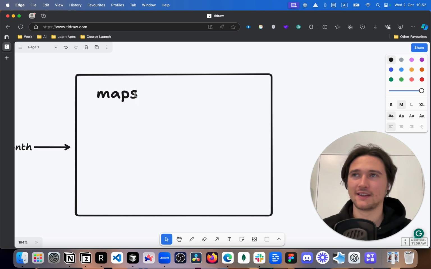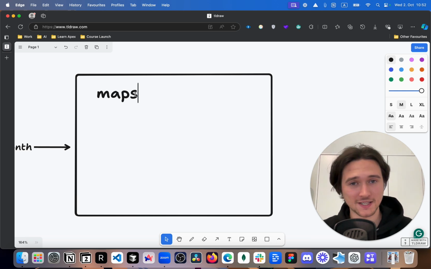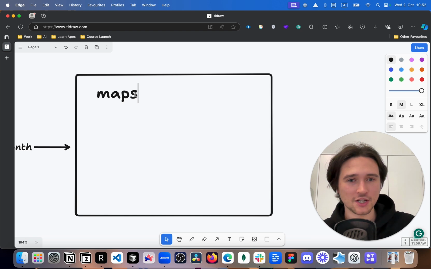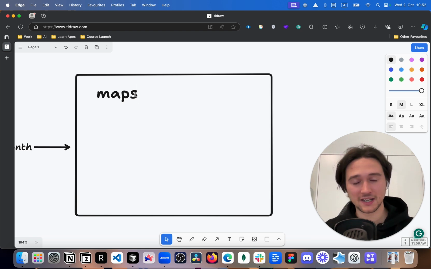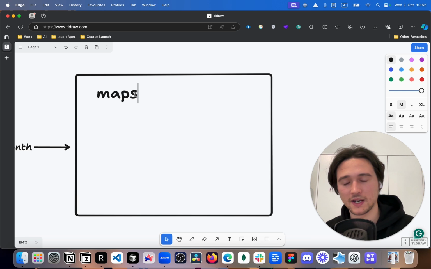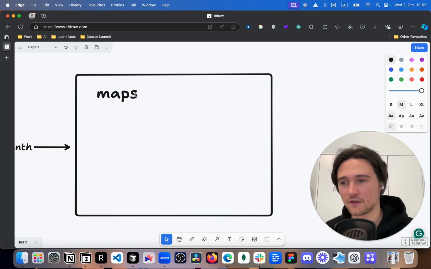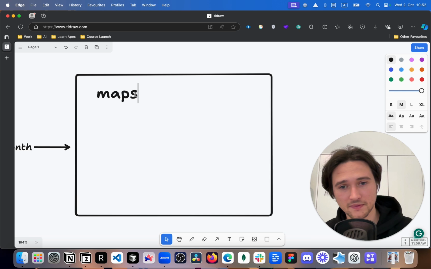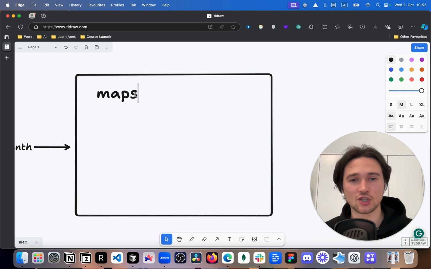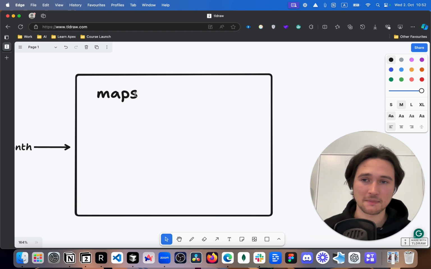So the map in itself is a very simple construct, but the application of a map, and this is something that comes later, is a little bit more complex. For example, with triggers, we use maps to capture a change in the record. Like if you have an opportunity that changes the status from prospecting to closed won, right? This is where you would use maps in triggers, and you wouldn't be able to write a trigger for this change if you don't understand maps.